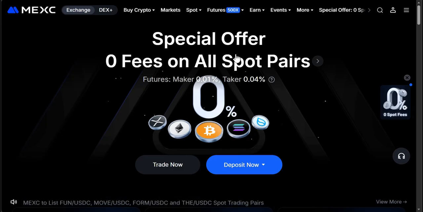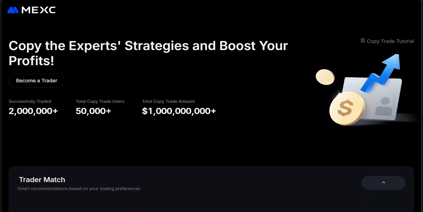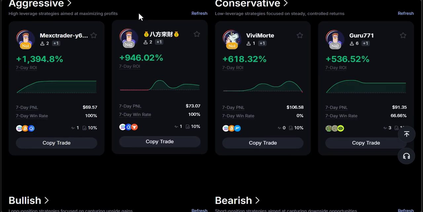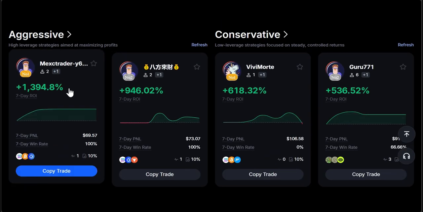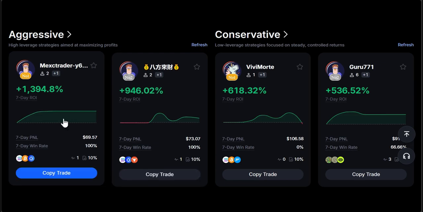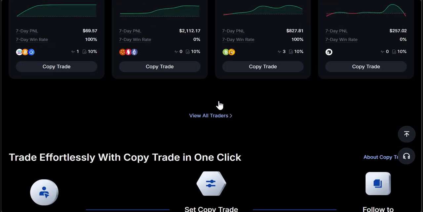Alright, so once you're logged into your MEXC account, here's what you need to do. Go to the top menu, hover over futures, then click on copy trade. MEXC will take you to the full copy trading dashboard. This is where you'll see all the top copy traders, their stats, ROI percentage, PNL in dollar terms, win rate, how many followers the trader has, and more. Now this might look a little bit complicated at first, but I'm going to break down everything you need to